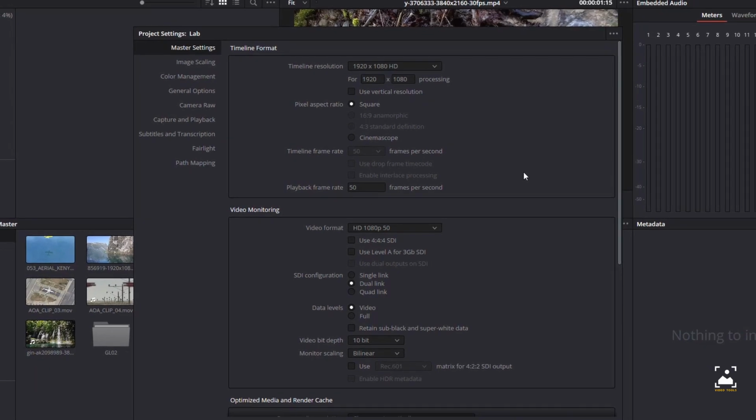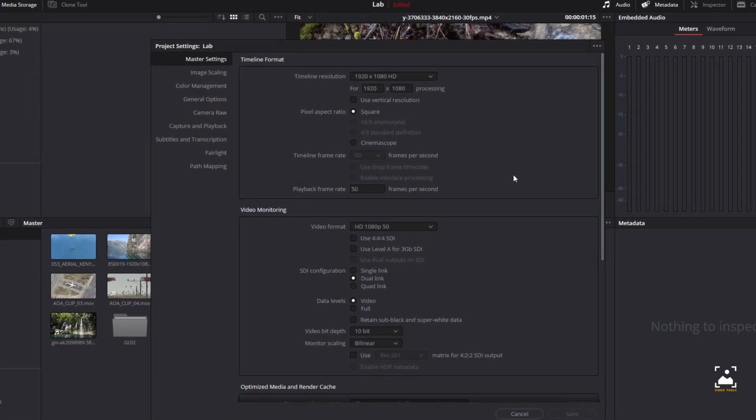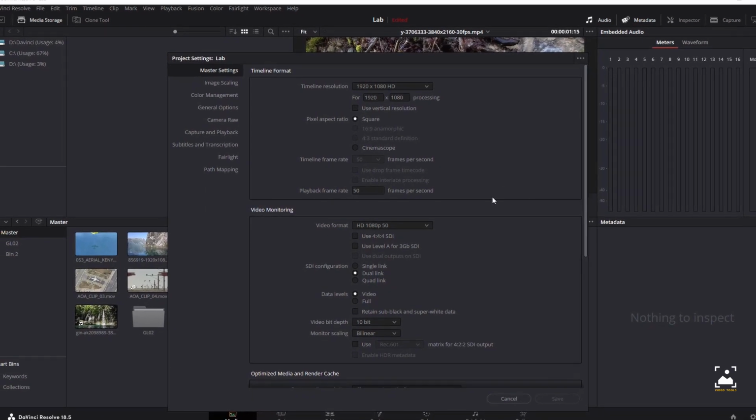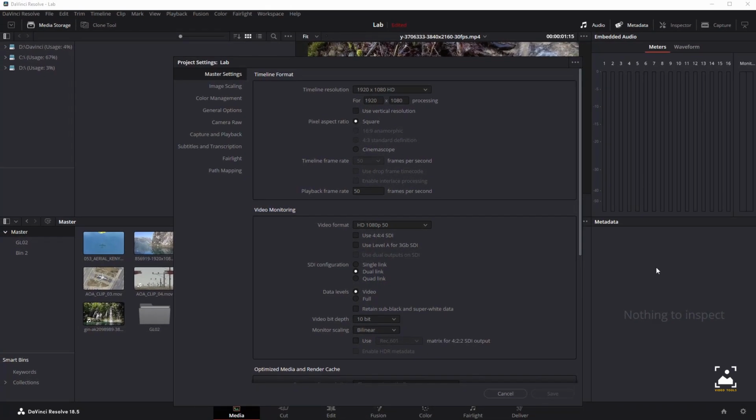Playback frame rate usually mirrors the frame rate selected in the video format setting in the video monitoring section below, which is typically based on the frame rate of the external display that's connected to your video interface, given the timeline frame rate setting. For example, a 50 Hz monitor requires a 25 frames per second playback frame rate for synchronous display without dropped frames. If you want to monitor playback at a slower frame rate, type the frame rate of your choice in this field and DaVinci Resolve will make the appropriate calculations to drop or repeat frames as necessary to match it. This can be useful for temporarily seeing how clips look in slow motion,